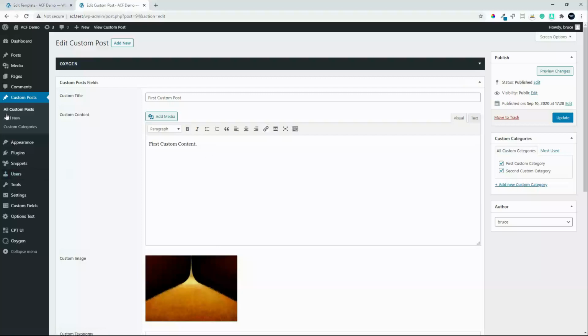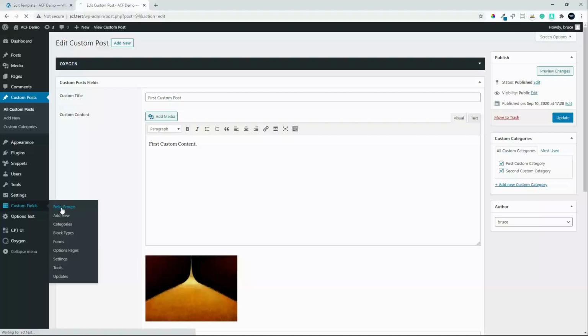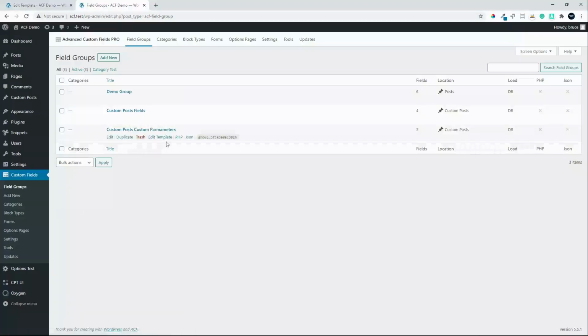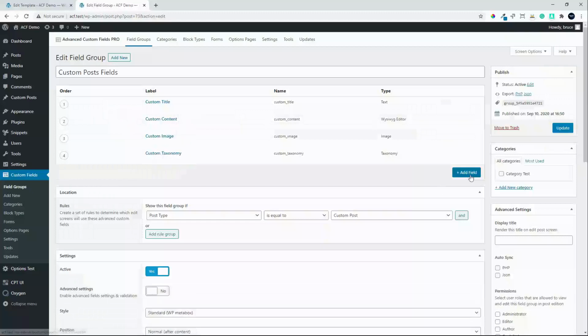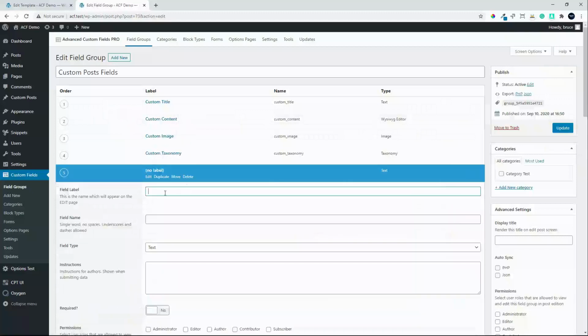In order to do that, we would head back to our custom fields, into our field groups, and under the custom post fields, we're going to add a new field, and we're going to call that